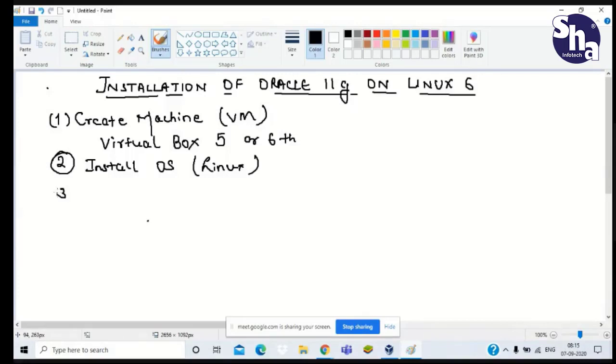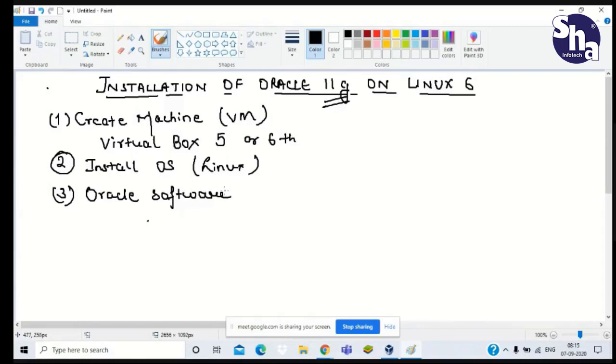Third, now our machine is created and OS is also installed. Now we have to install the Oracle software, that means Oracle 11G software.